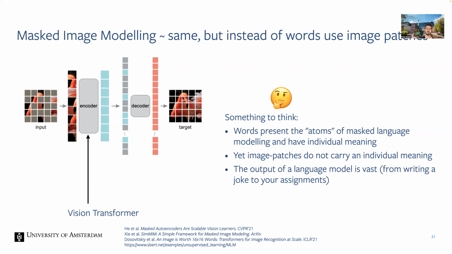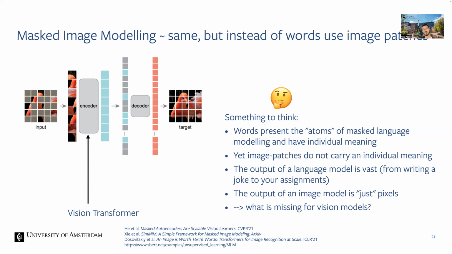And of course, the output space of a language model is quite vast and extremely general, while the output of an image model is just pixels. So there's some works which have generalized this a bit more. But maybe before you look that up, you can think about, okay, what is the difference? They're sort of doing the same. One is doing it for language, one is doing it for vision, but the language model seems to be able to do everything that we need language models to do. The vision model doesn't. And so just from these two very basic things, maybe you can have a think about that.